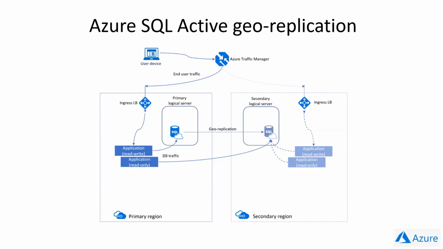So as you can see, one of the advantages of the secondary is that you can have a read-only secondary that you can use for reporting, so you don't have a lot of transactions in the primary. You can just push all the reporting to the secondary.